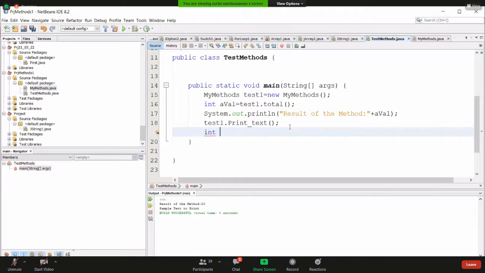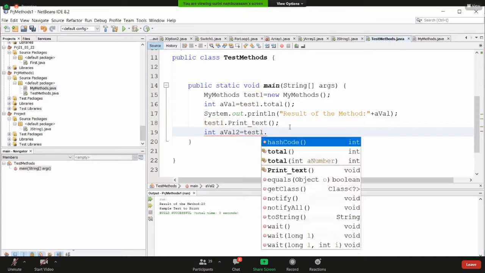Say int eval2 to assign. The object which we are using to access the my method class is test1. Say test1 dot